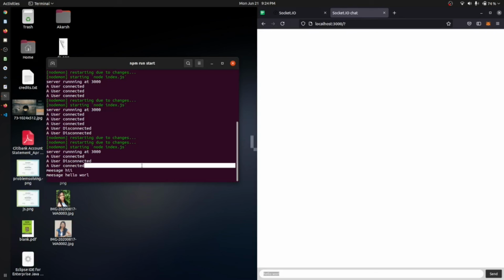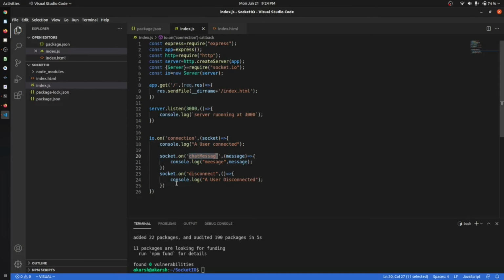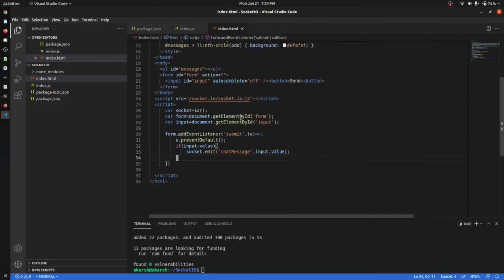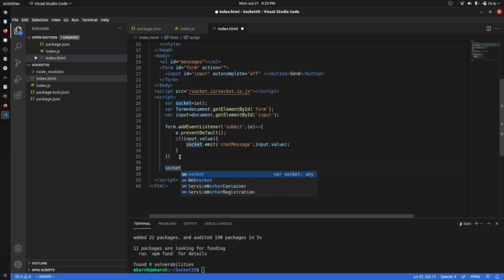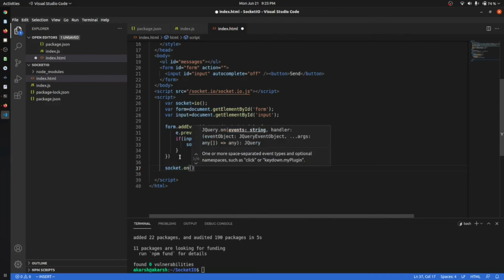Now what we want to do is emit every message in our console to every user that is connected. So we will come to the index.html part, and after this form part, we will say socket dot on chat message.